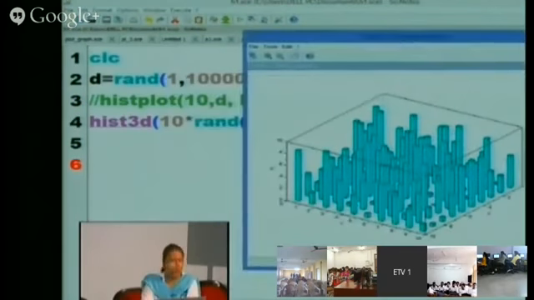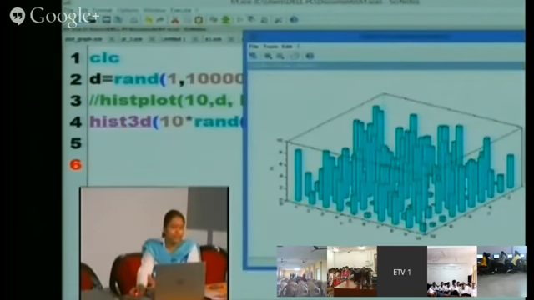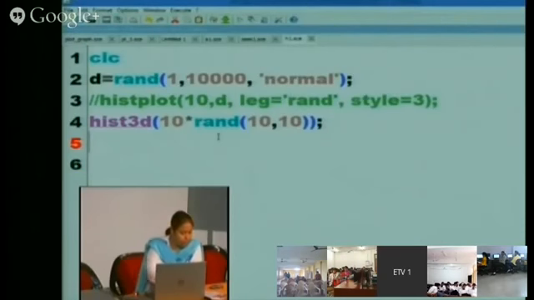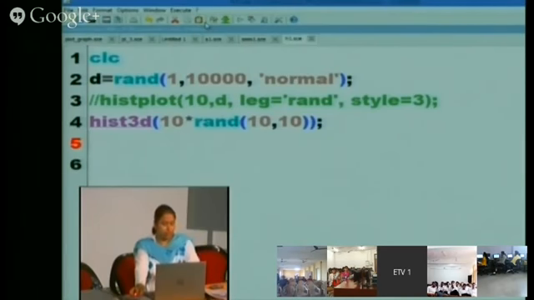See, right? So this is the 3D histogram also. Next, let us do radial plots and bar plots.